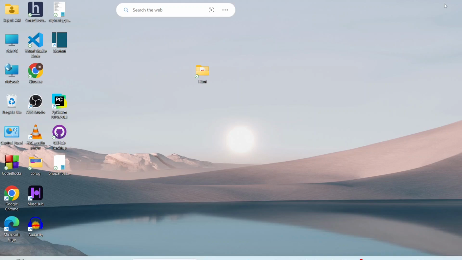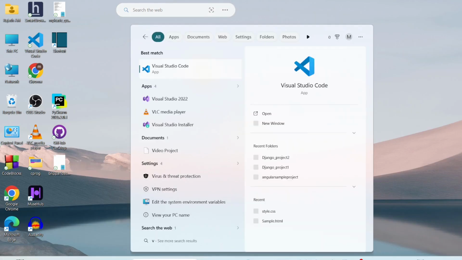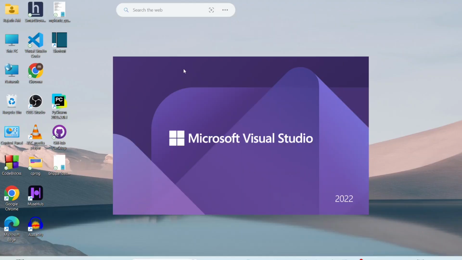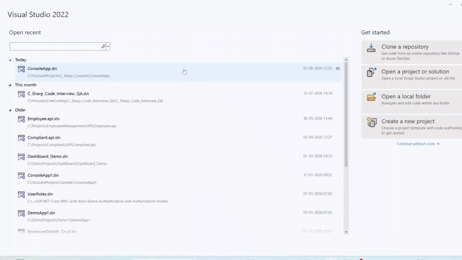Hello guys. So today we will check how to create a console application in C Sharp and how to connect with the SQL Server. Okay. So first we can open Visual Studio 2022. Okay. Then we can create new project